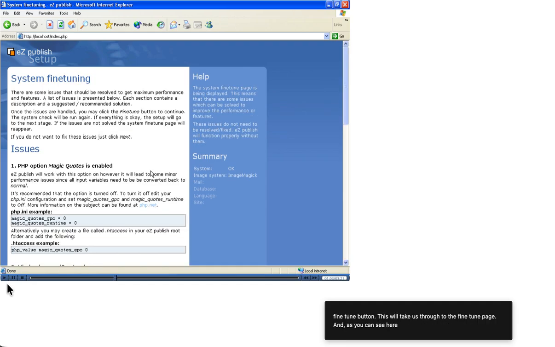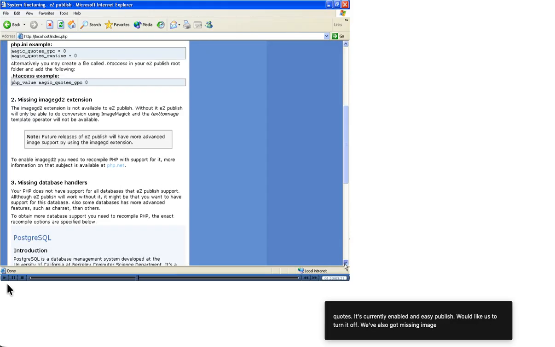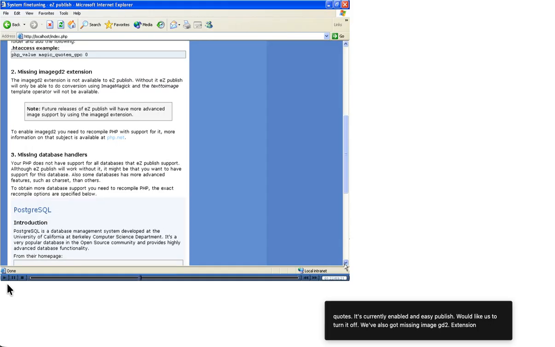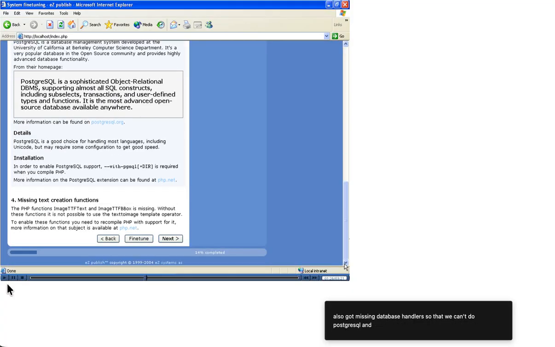And as you can see here, the system fine-tuning page is telling us that there's a few issues in our system that Easy Publish would ideally like us to address. As you go down the page, you can see that we've got one issue there with magic quotes. It's currently enabled and Easy Publish would like us to turn it off. We've also got a missing image GD2 extension. We've also got missing database handlers so that we can't do PostgreSQL, and we've also got at the bottom there